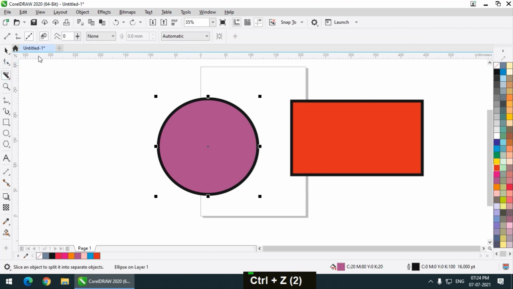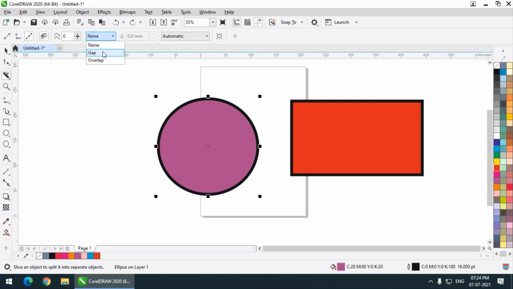Now again, these are the three properties of the knife tool. First is 2-point line mode, then we have freehand mode, and then we have Bezier mode. Then there is the smoothing option, which sets how smooth a line you want while using the freehand tool.